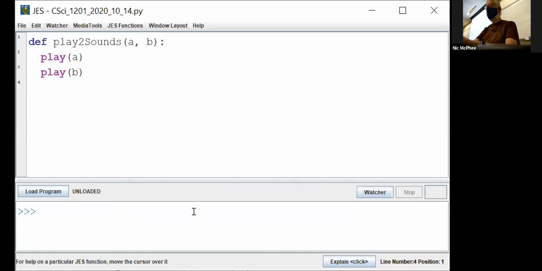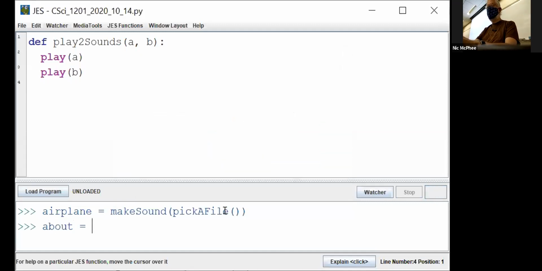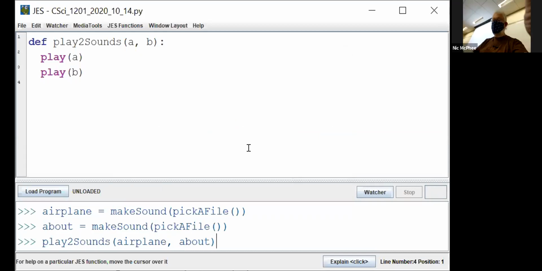And so if I say airplane is make sound, pick a file, and I go get airplane, and I say about is make sound, pick a file, and I choose about. Now if I say play two sounds, airplane and about, oh, right, I've got to change